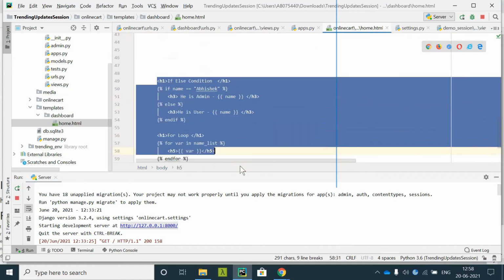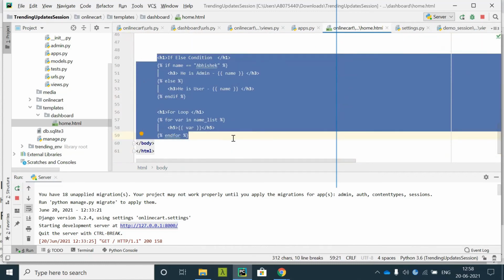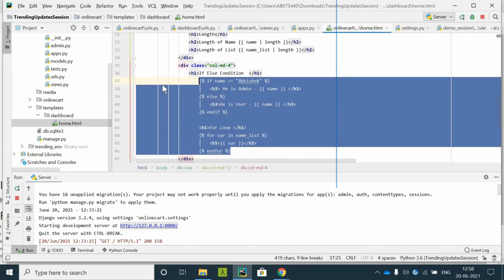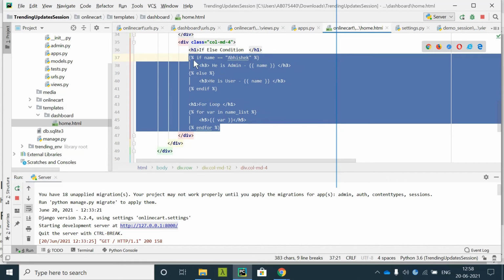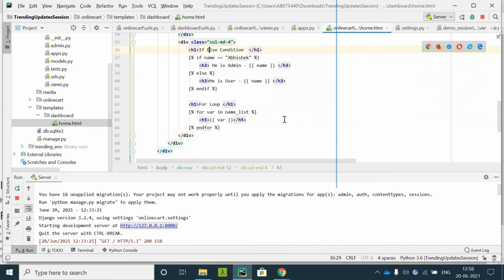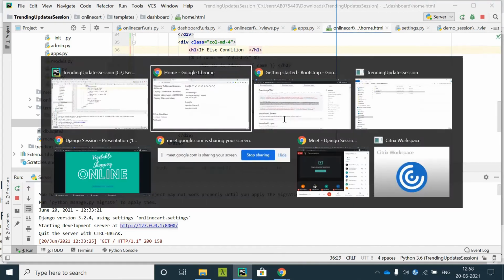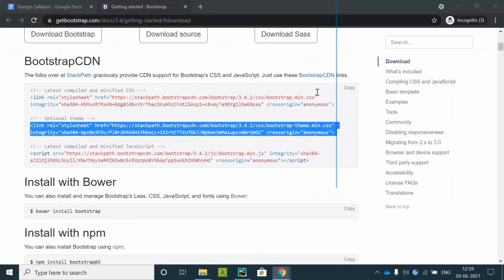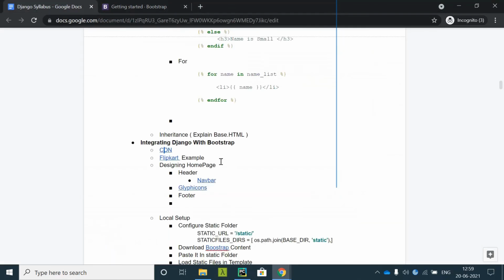I'll copy the things from here and simply paste it in. You see, all things are working fine. That means our Bootstrap is integrated now. When you use this CDN, this is like the online version of Bootstrap.